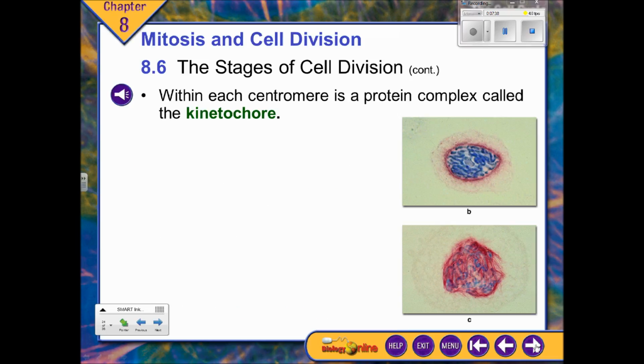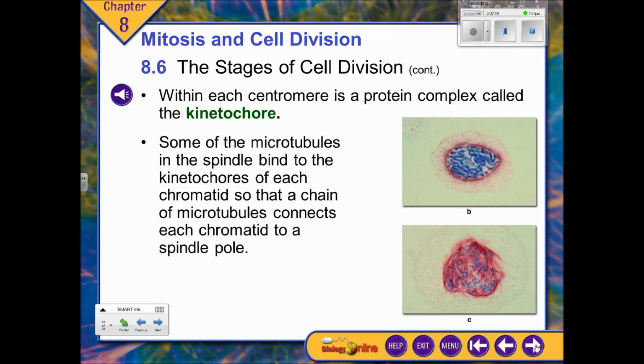The kinetochores, like I said, are where the spindle fibers are going to attach to the chromosomes, and that attachment allows the chromosomes to be pushed by the molecules being built so that they can retract and extend. They can push and pull the chromosomes into the right position once they're attached at the kinetochores, which is where the centromere is.